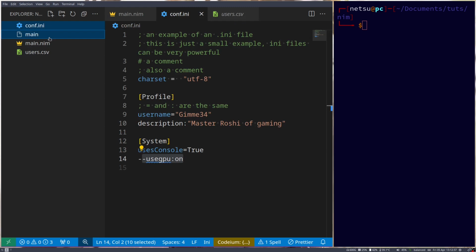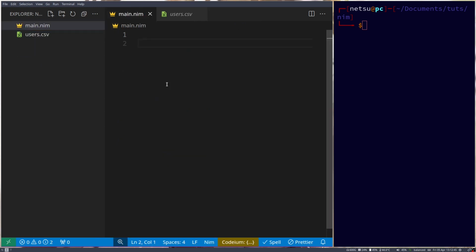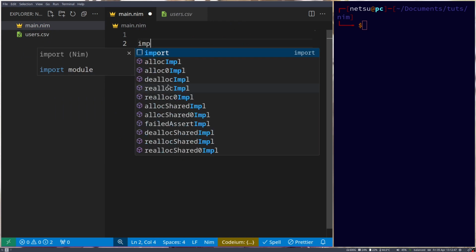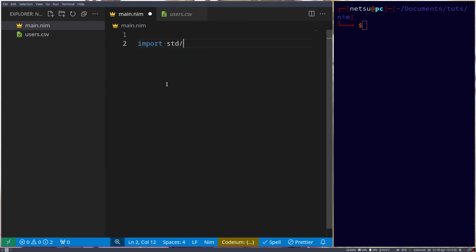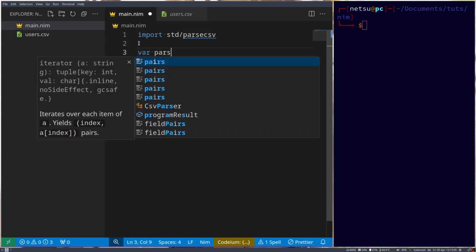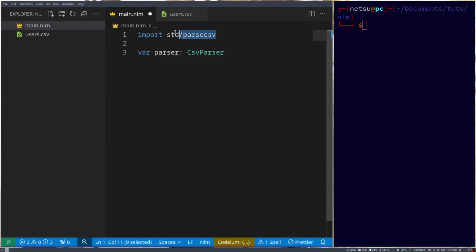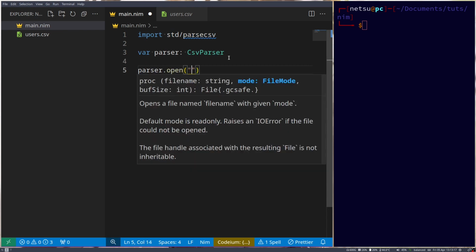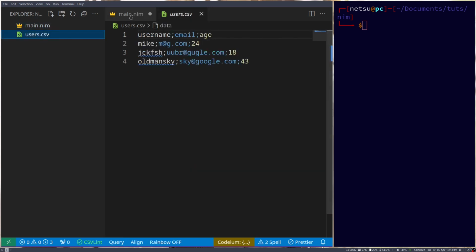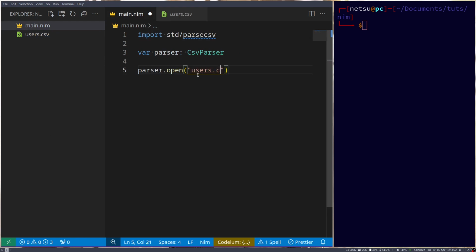I'm just going to delete these two files. The first thing we want to do is import std/parsecsv. And this will allow us to parse CSV files. So let's create a parser, which is of type CsvParser, from this import here. Then parser.open, and we can open up this users.csv. Then we can echo out